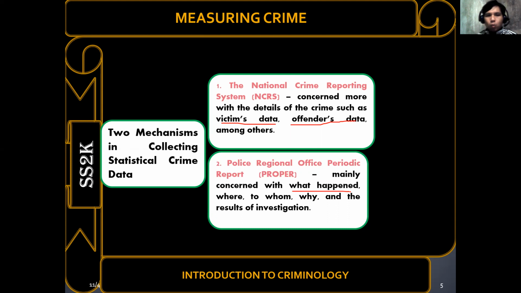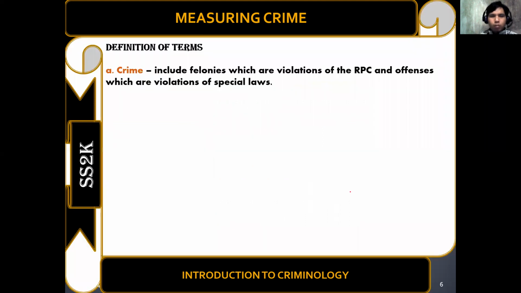National Headquarters. Okay? So tingnan nyo yung difference ng dalawa. Yung NCRS, ang content niya is victims data. Okay? Datos tungkol po sa biktima at saka sa offender. Samantala, yung PROPER, ang content niyan ay kung ano ang nangyari at saan nangyari. Yan yung 5 W's and 1 H, yung nakasaad doon po sa PROPER or Police Regional Office Periodic Report. Okay. Susunod. Doon po tayo sa definition of terms bago tayo mag-proceed doon po sa crime rate or pag-solve